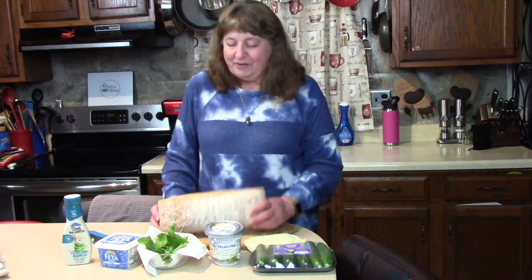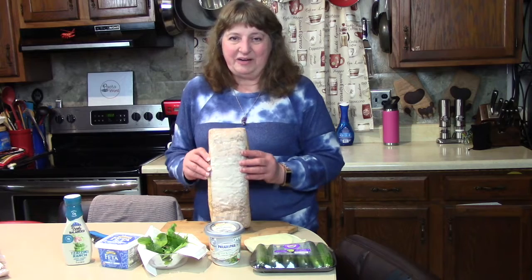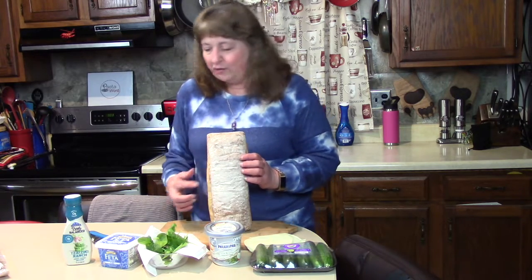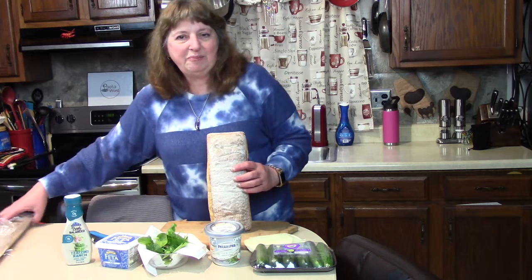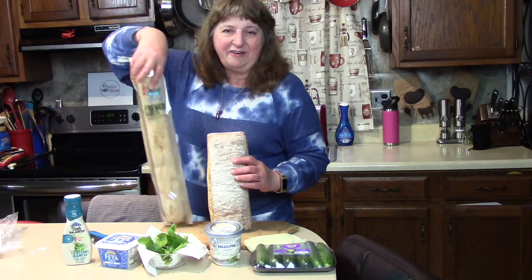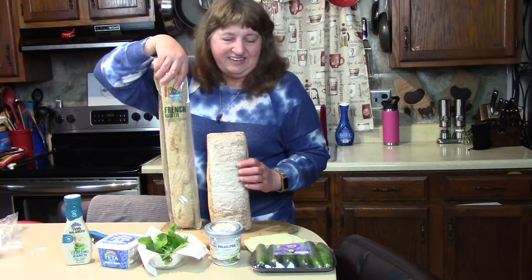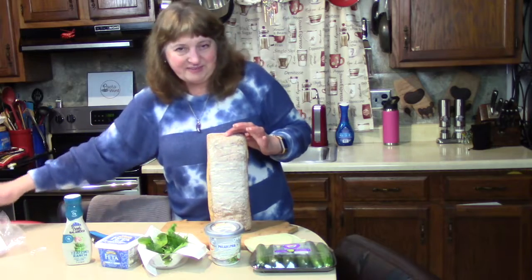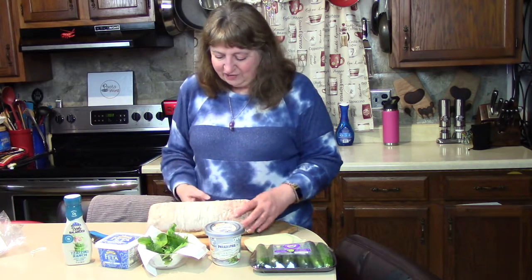Hi, today I'm going to make a veggie sandwich for you. I'm going to use this nice ciabatta bread. This comes from Wegmans. It's a very wide loaf. Usually when you go to get a baguette or a ciabatta loaf, you get something very narrow and skinny like this, and it doesn't make the best sandwich. This one here makes a beautiful sandwich, and you can make it all at once, cut it as a whole,